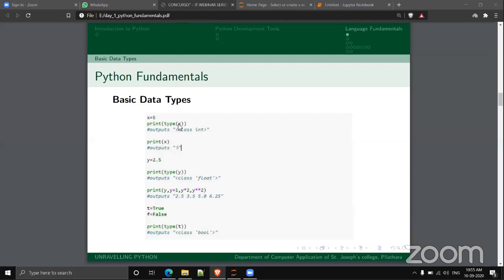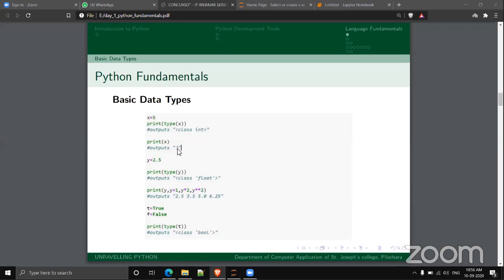That means this X is an integer. And to get the value inside a variable X, you can simply print X. It will output the value 5.